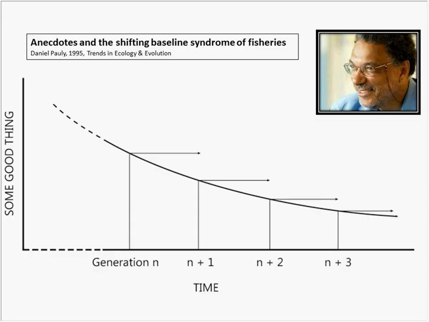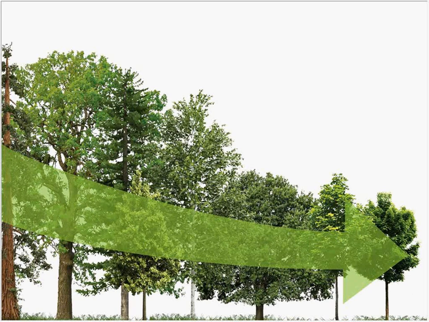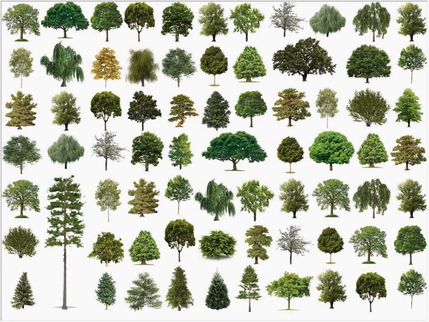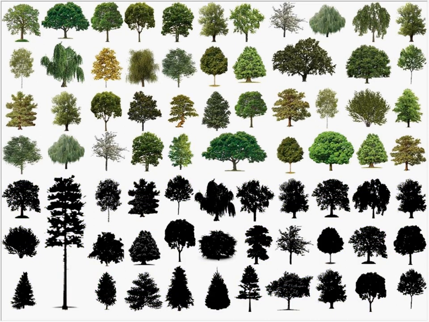And so I examined this. I was interested in whether this was just a Toronto thing, if Toronto was particularly bad, or if it was a continental thing. So I looked at this in terms of the shifting baseline syndrome of Daniel Pauly, in terms of tree composition. I got inventory reports for 30 U.S. cities. And what I did, in a nutshell, is calculate what would be native to the area based on range maps, and then compared that to what was found in those reports. And across the board, we're missing about half of our native tree species. That means they don't even show up by one individual.